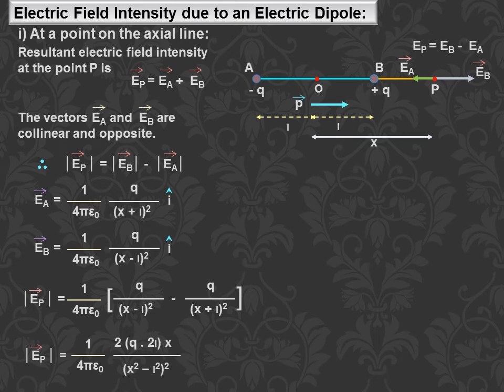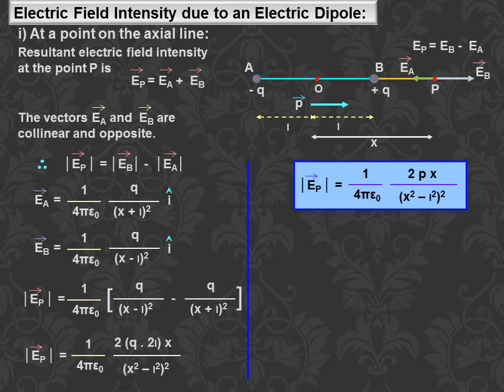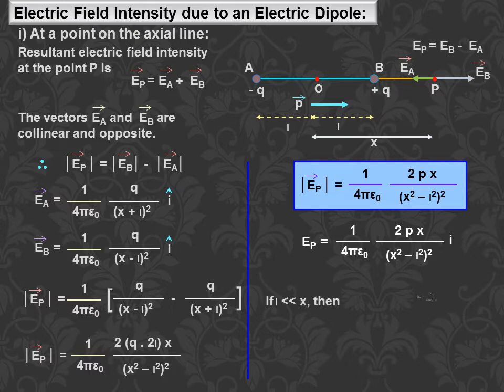Therefore, we can place the value of EA and EB in the required equation to calculate the resultant electric field, and we will get the result, which is EP equals 1 upon 4 pi epsilon naught, 2px upon (x square minus L square) whole square. That is,